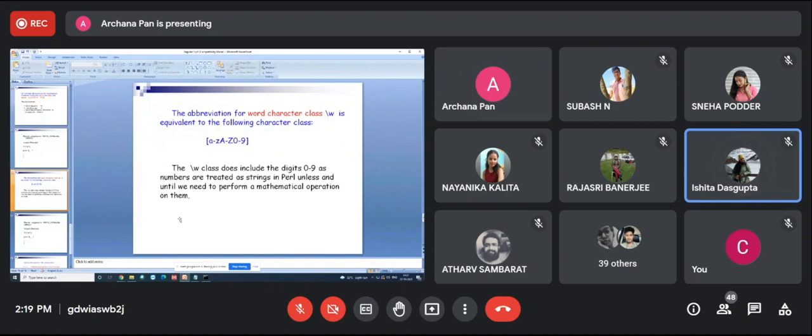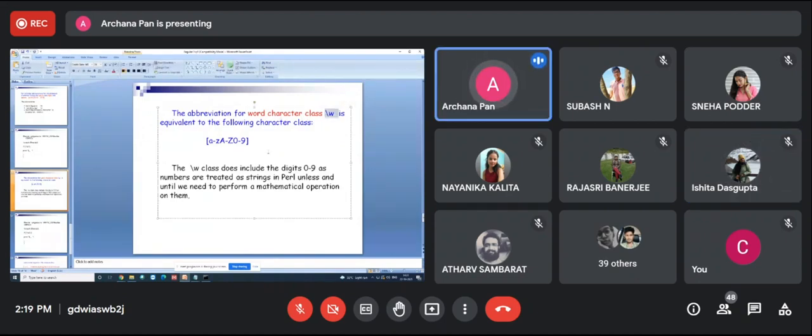Okay. So the word character class is actually the character class for lowercase, uppercase and digit. The abbreviation of this character class is backslash and W. Okay, so this class includes lowercase, uppercase, and also the digit 0 to 9.